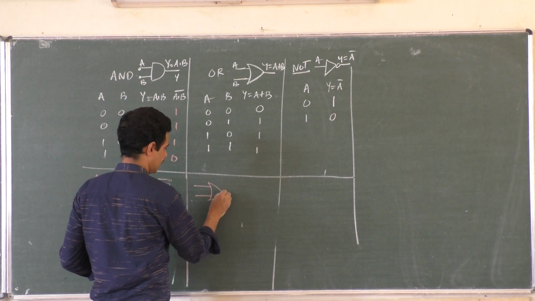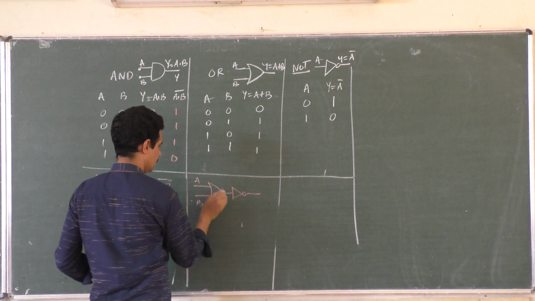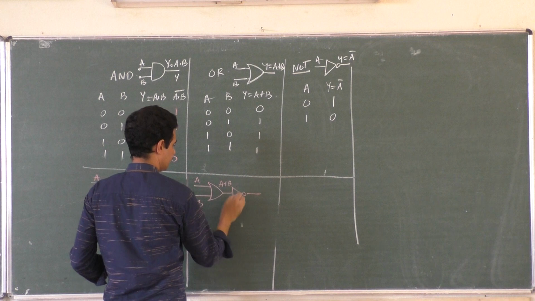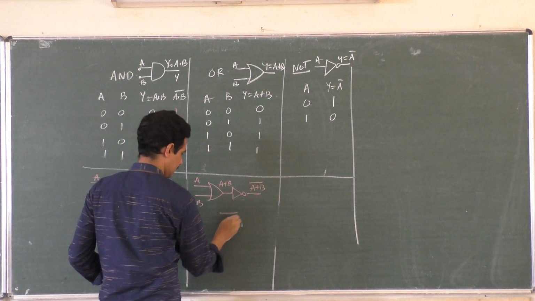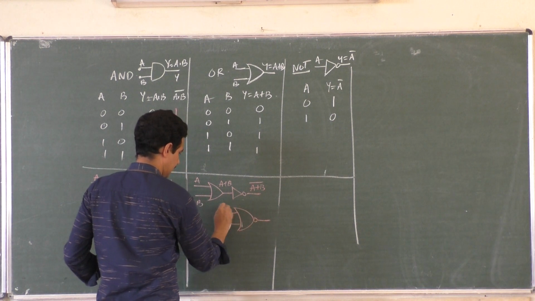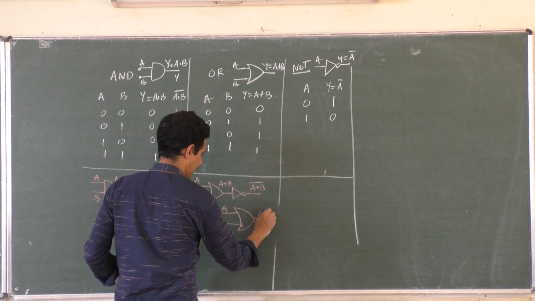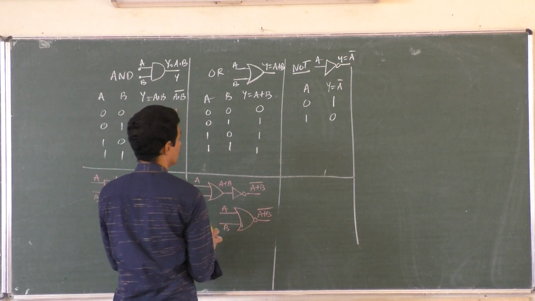So the OR gate is connected to a NOT gate. All these things you know, but still we will go with some revision. A plus B bar. This is called a NOR gate, and in simple symbol it is written like this, right? A, B, A or B bar. Now how will the output of the NOR gate be?